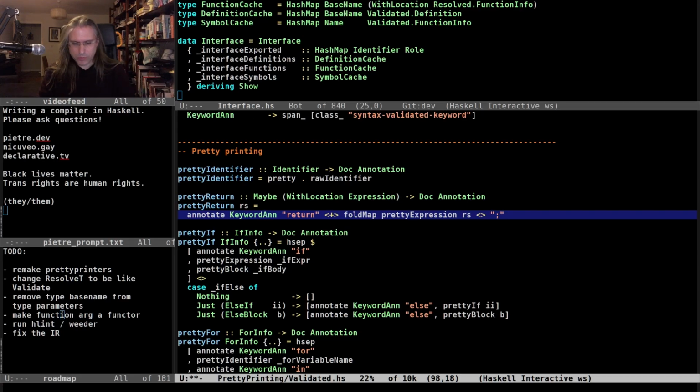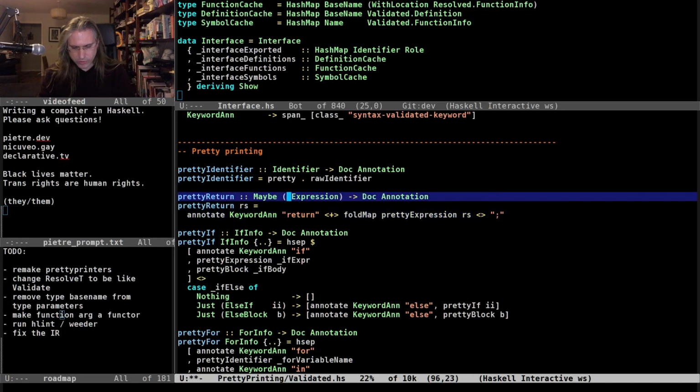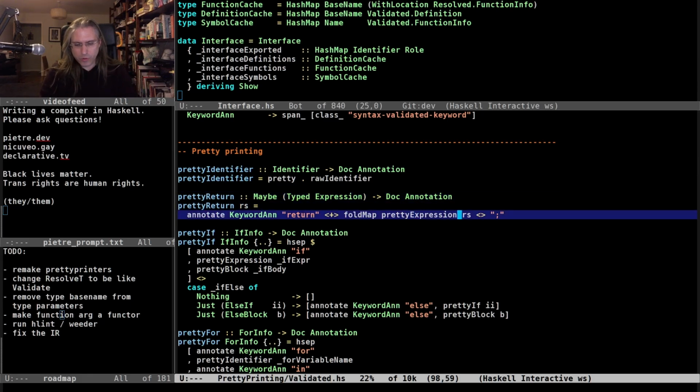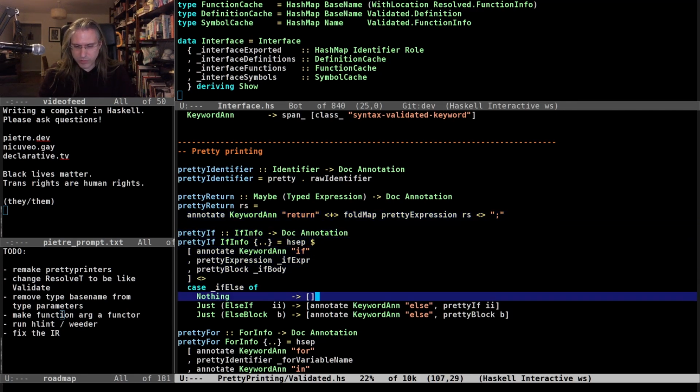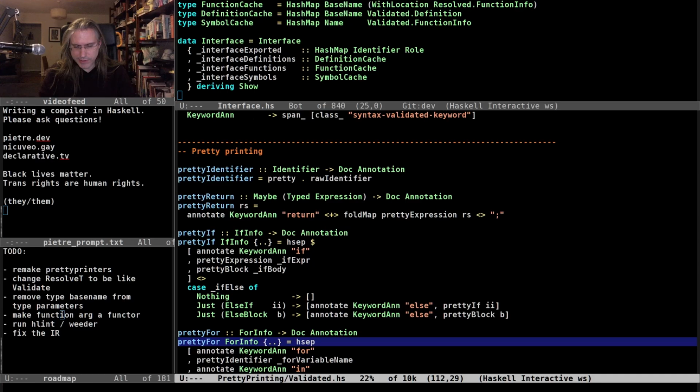there's a few things that are different. This is no longer a with location. This is a typed in this context. Now, there's the thing of, no, I think the expression is where I'm going to do that. So I think if is the same here. There's the question of, do I want to annotate whole instructions with some type information?